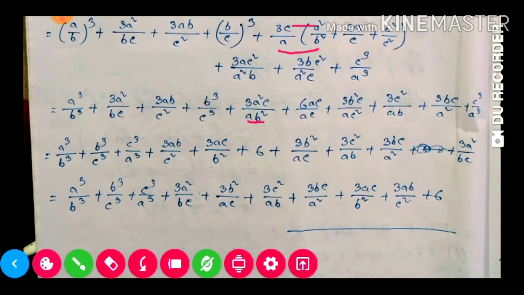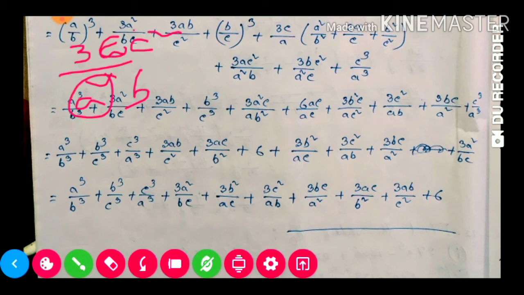Again this one will multiply with this number, so it will be 3 into 2, will be 6 into 6ac, so 6ac divided by a into c, ac. With this number will multiply this one, so 3 into b square, 3c into b square will be 3b square c divided by a into c square, so ac square, and this one same to same will remain. Here see another thing: this line you nicely see, 3ac square divided by a square b, that means a here 2 times, here 1 time, so this one and this one 1 time will be cancelled, so down will remain only 1 time.